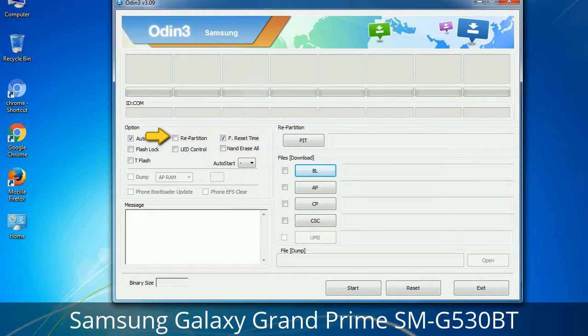Repartition. So, what does repartition do in Odin? It repartitions your device file system to the default RFS. Reset time. It resets the flashing timer after the flash process is complete. And here is what different buttons mean and what they are used for. PIT, Partition Information Table. If you check the repartition checkbox, you should also specify a PIT file to repartition the